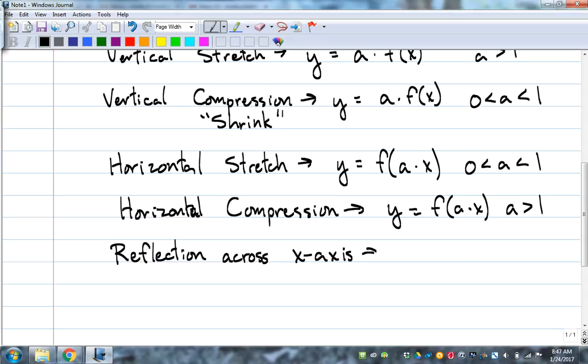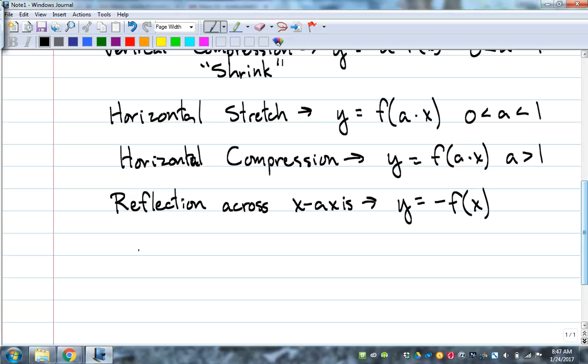If you're going to reflect across the x-axis, it means you're going to go from here to here. You're changing the sign of all of the y values. So a reflection would be like multiplying by a negative on the outside, across the x-axis. Reflection across the y-axis